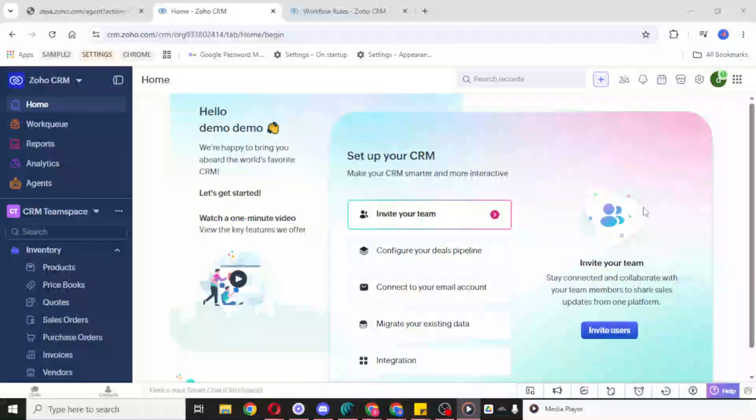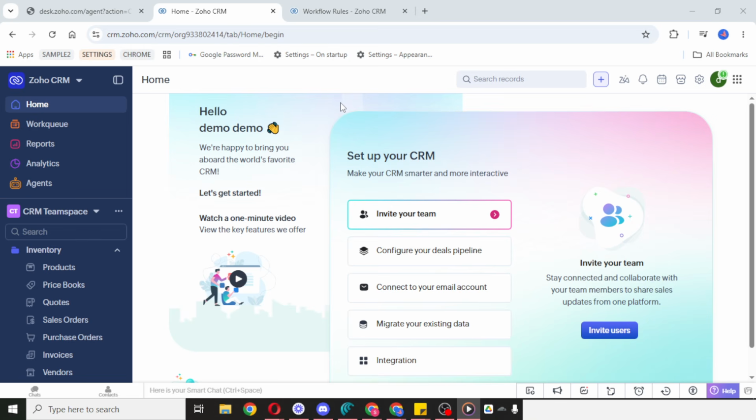In today's video, I'm going to teach you how to create users in Zoho CRM. To get started, open your Zoho CRM account and make sure you're logged in with the appropriate access to manage users. This is important because the option to add new users is typically available only to admins or users with the right permissions. Once you're inside the account, take a moment to confirm that you're on the main Zoho CRM dashboard, so it's easier to follow the next steps.